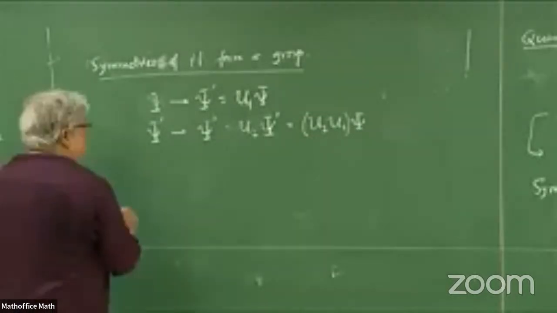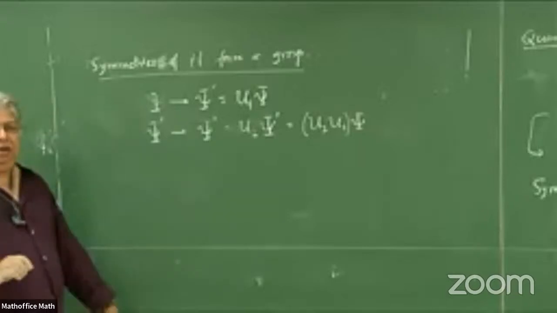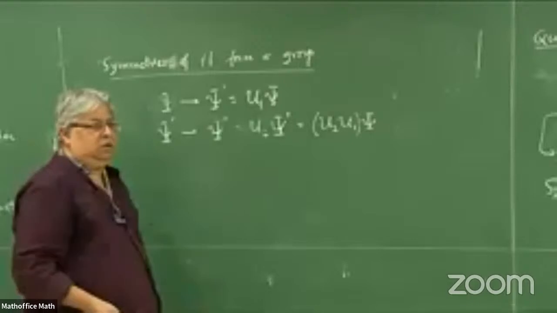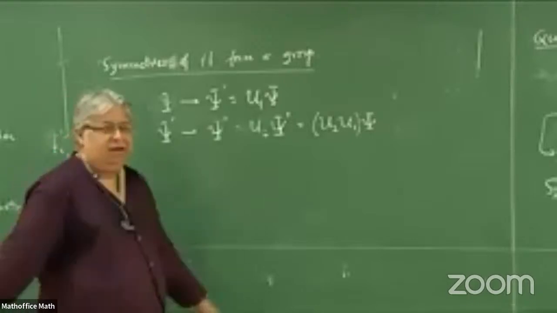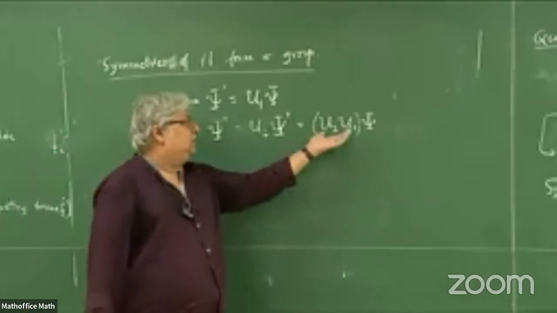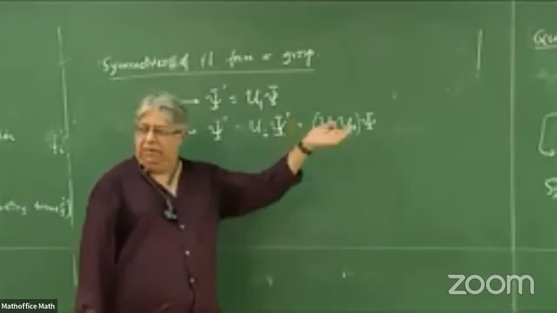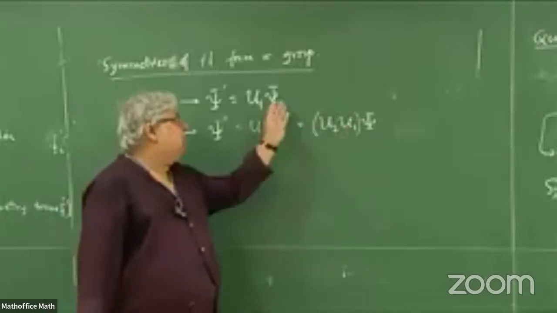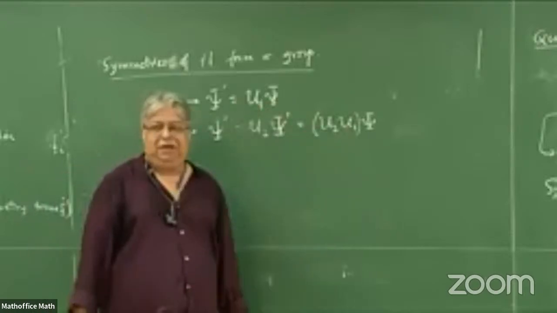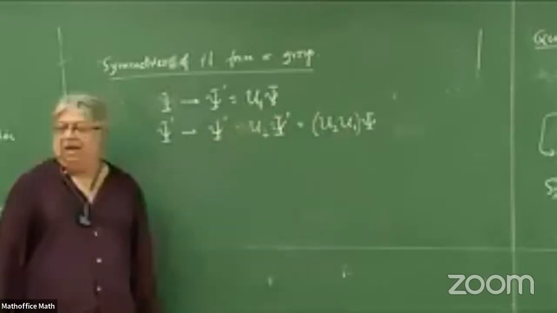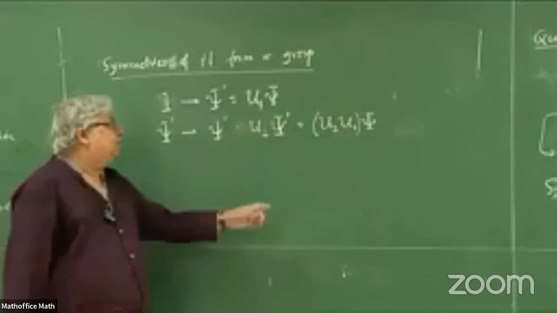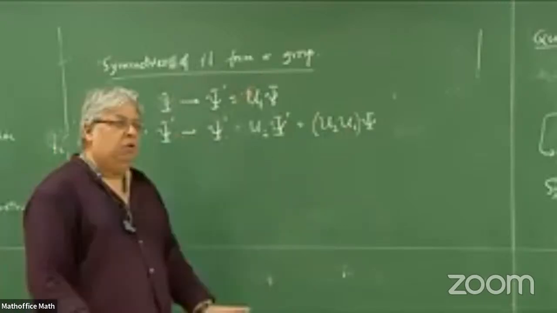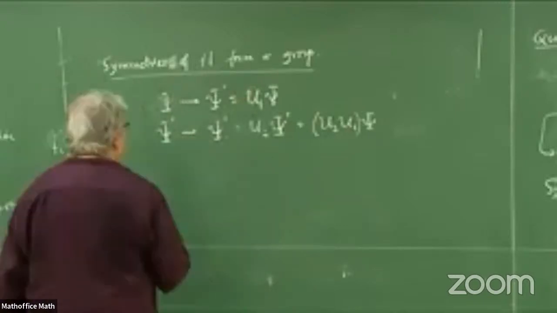Now, this composition I need to prove forms a group. So what are the things I need for that? The most important one is closure, because the others are sort of different. What are the others? Linear operators satisfy associativity. Identity is where you take the identity transformation, don't do anything, psi remains itself, so identity exists. And since these are unitary operators, inverses exist. So the other three are trivial. The only one to check is closure.